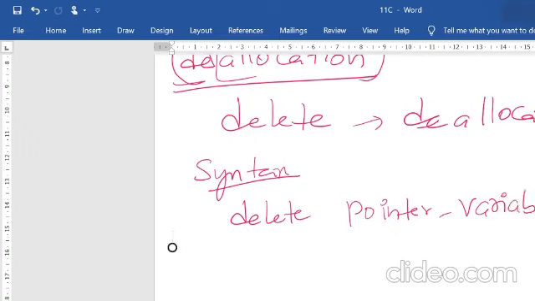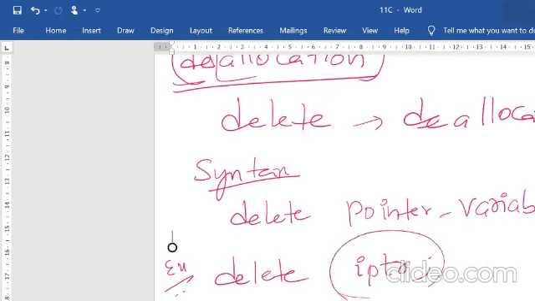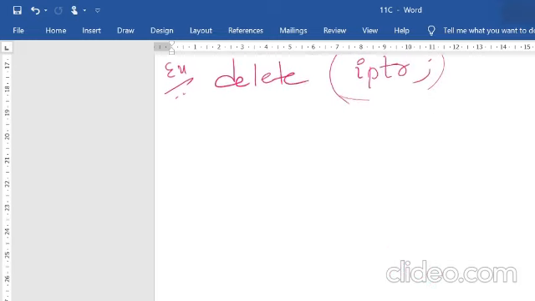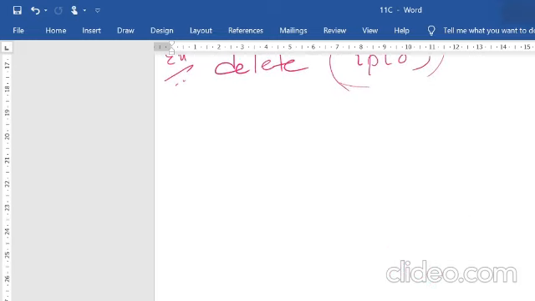Example: delete IPTR. Here, whatever was assigned to IPTR in the new operator is deallocated by the delete operator. Therefore, the 2 bytes of memory which were assigned can be used for something else, for a new allocation. This is what you mean by the new and delete operators.